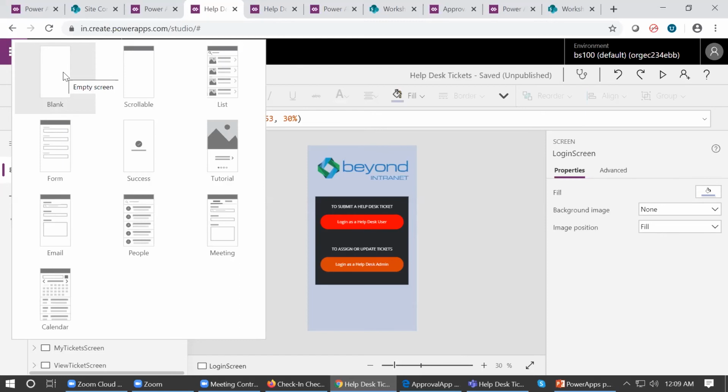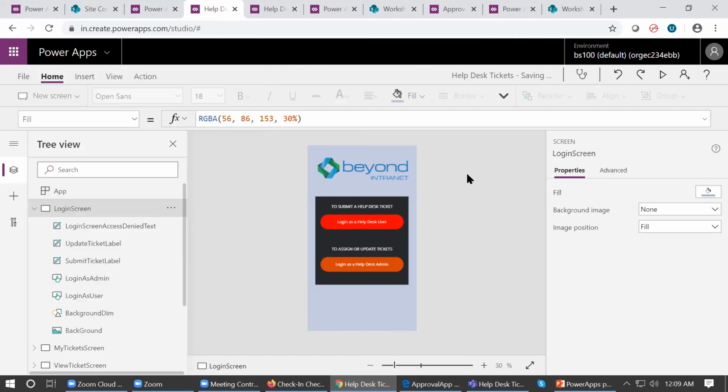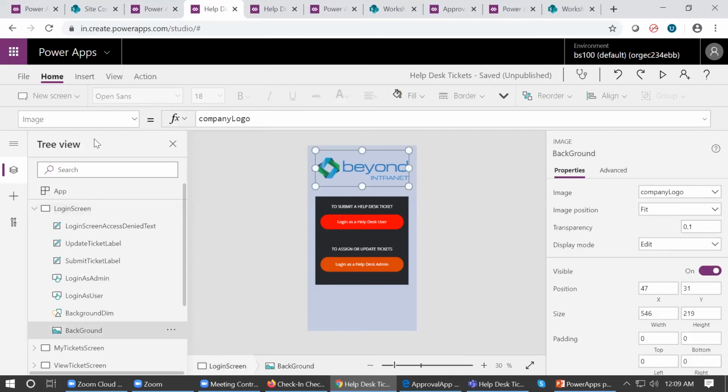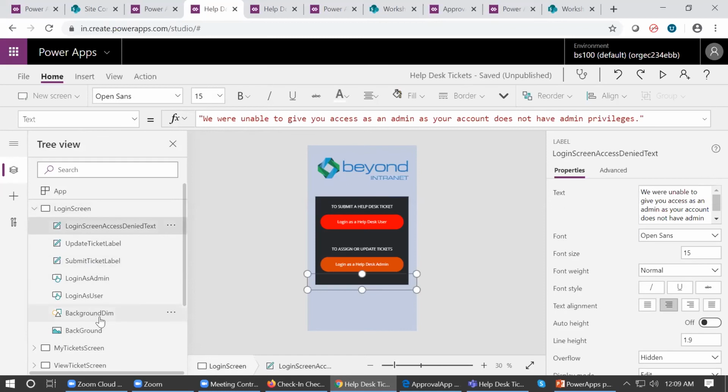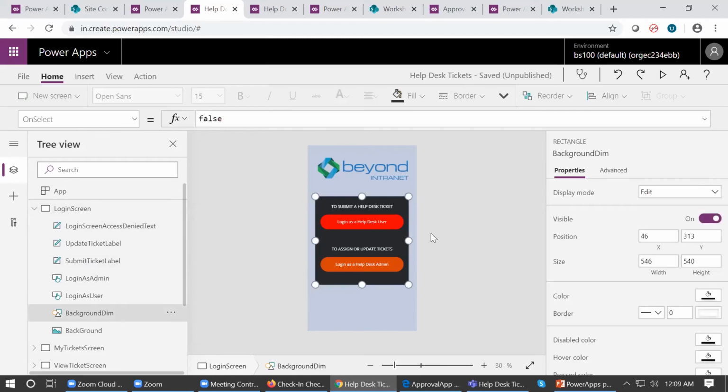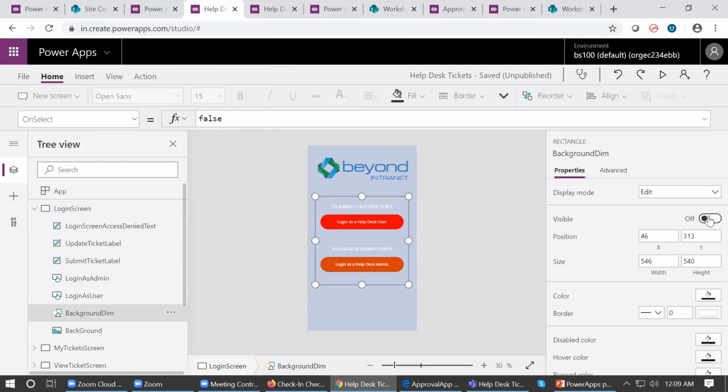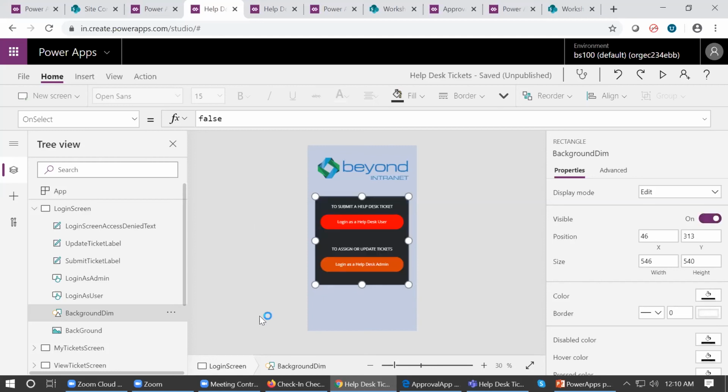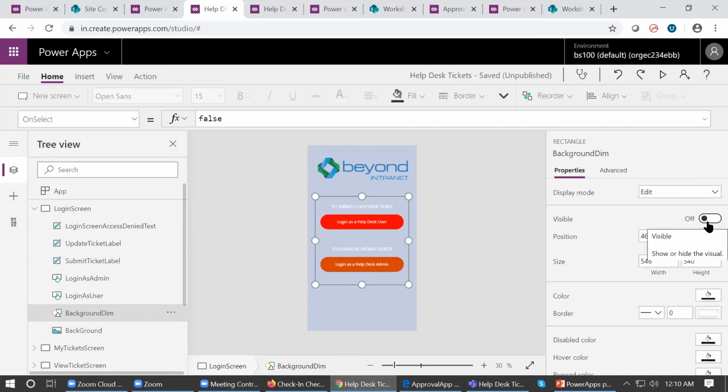We have a blank canvas, and you can put any control on the canvas, and you can decide the actions on those buttons. You can put the images, like I have that particular icon, and here you can see, in the tree view, all the controls I have on the screen, right? Here you can see that I have a black color background image. I can simply enable and disable it from the property pane. And on the screen you can see the effect. If I enable it, there would be a black background. If I disable, it will remove from the application.